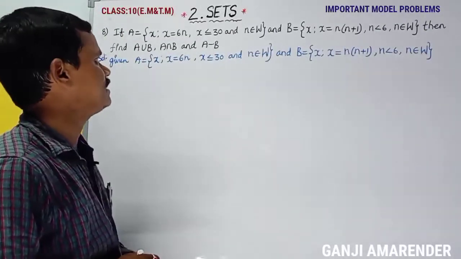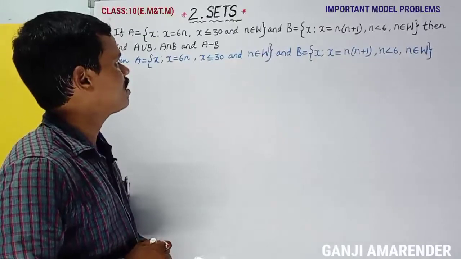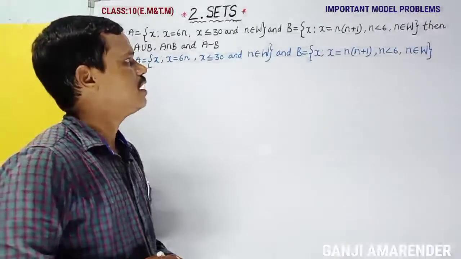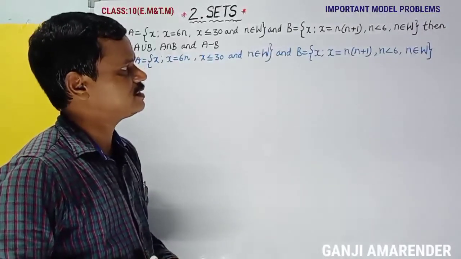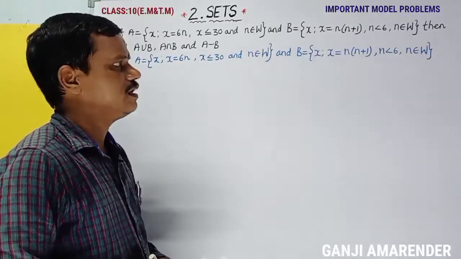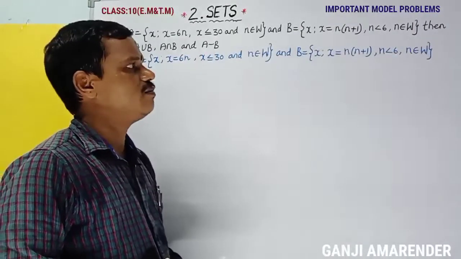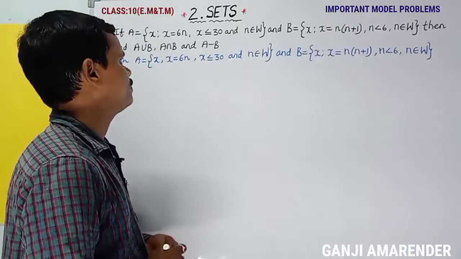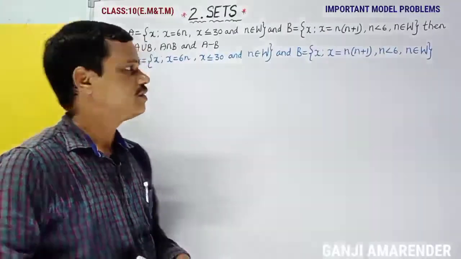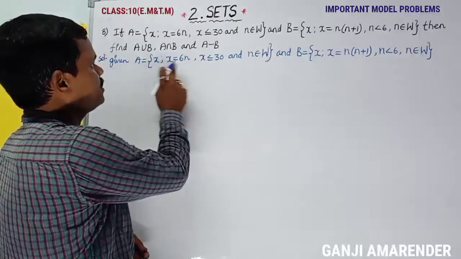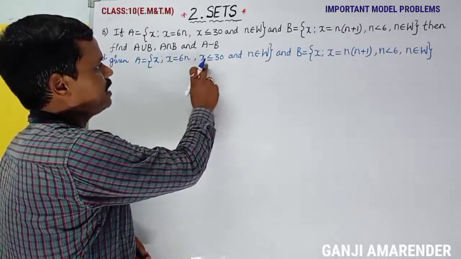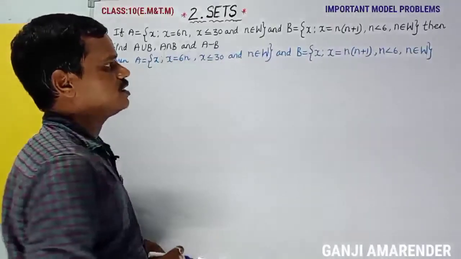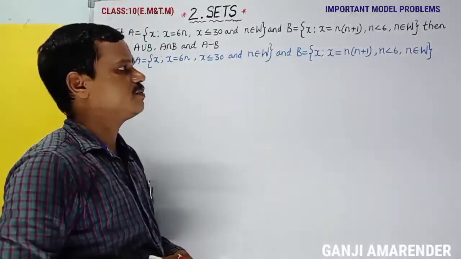Okay, eighth problem. If set A is equal to the set of x such that x is equal to 6n, x less than or equal to 30, and n belongs to W, whole numbers, and set B is equal to the set of x such that x is equal to n into n plus 1, n less than 6, n belongs to W, whole numbers, then find A union B, A intersection B and A minus B. Okay, given set A is equal to x such that x is equal to 6n, x less than or equal to 30 and n belongs to W, and set B is equal to x such that x is equal to n into n plus 1, n